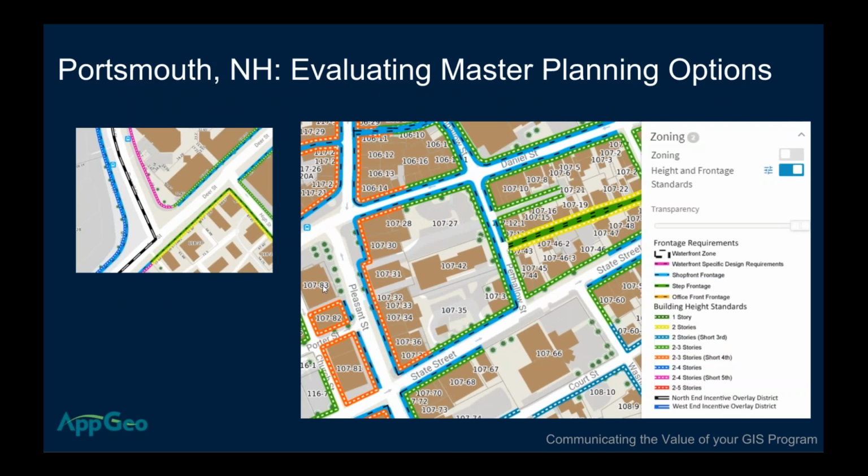We worked with the city of Portsmouth, and their challenge was they were undergoing a master planning process, as towns do, and they were really looking for a good way to present the changing landscape of what their work was actually doing. They were producing lots of hard copy maps. They were trying to organize their information during meetings in a way that could be communicated effectively to get comment from the public.